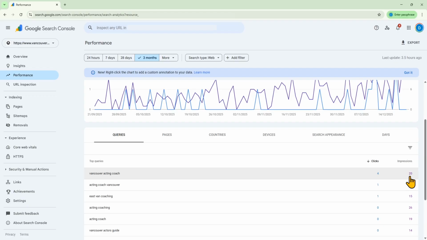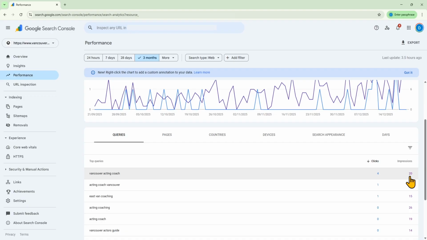Another thing that might be going on is that although your website may appear on search engine results, the ranking on that page may be low. For example, if your website appears on page 1, it may be number 7 on that first page. Although Google Search Console may track that as an impression, visitors may not click on your website because it's too low on the list of search results. In this case, you want to work on improving your ranking or position for the website or web page. Some small improvements that you can make include improving the content on your web pages to answer the search queries better, improving headings on your website, and adding internal links that lead to the pages that you want to rank higher.